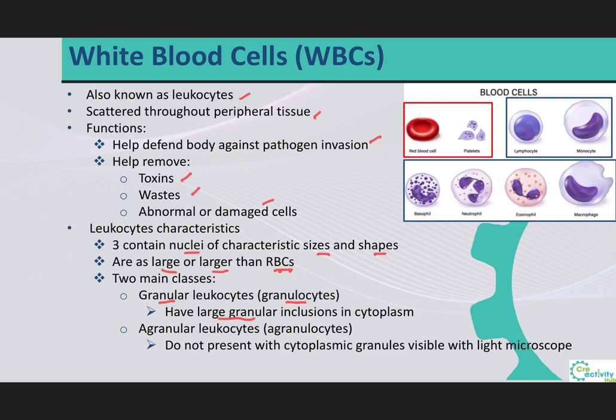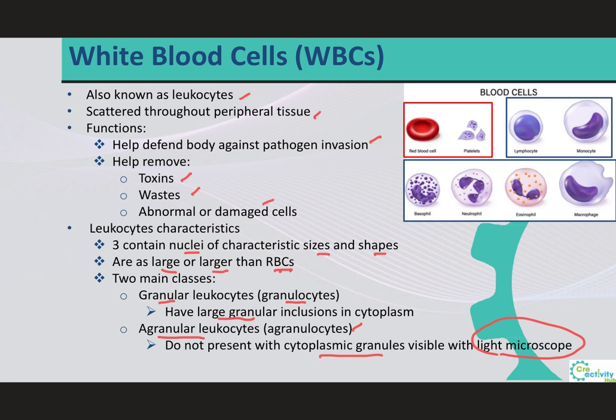The other class of leukocytes are what we call the agranular leukocytes or agranulocytes, which will not possess a cytoplasmic granule that's visible with the use of a light microscope. It does not mean that they don't have granules, it just means that it's hard for you to see the